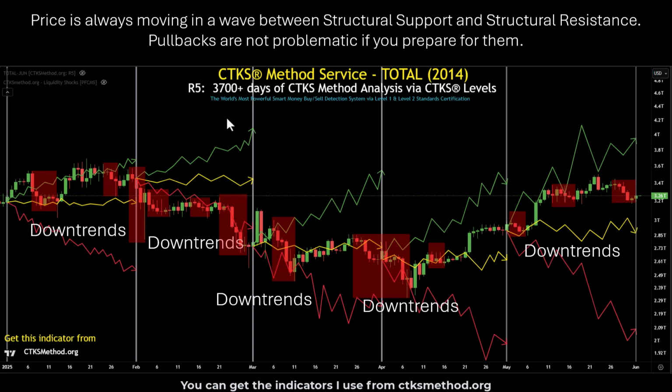The greatest problem in many respects is social media. Social media is just to create viral tweets, viral articles. Every downtrend is the end of the world. Every uptrend, it's going to $1 million billion. Both are absolute rubbish. Price is simply ranging between structural overhead resistance and underneath structural support, and it's playing this dance again and again and again.